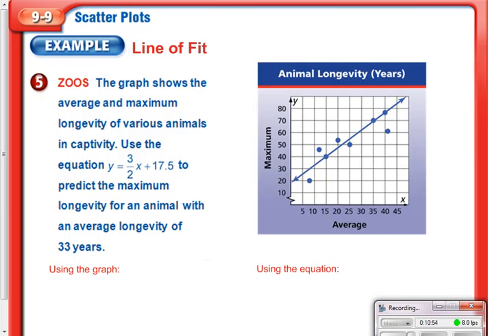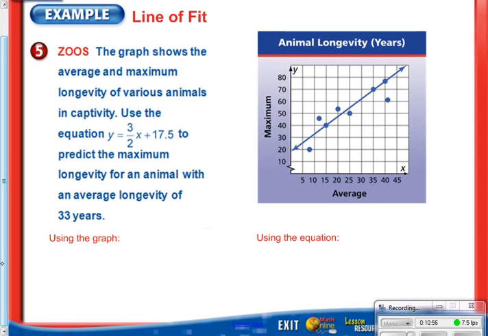The first part says use the graph, so you actually have to use the graph. You're going to figure out when it has an average longevity of 33 years. So I'm going to come over, figure out where 33 is. 33 is about right in here. I'm going to go up until it hits my line, which is about right there, and I'll come over and I'm going to say it's about 68